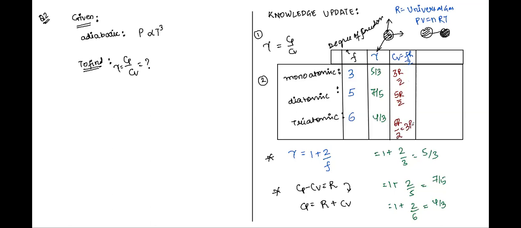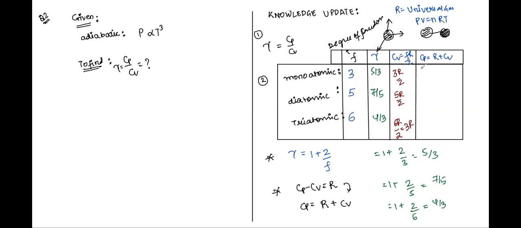Absolutely correct, Atul. Atul, can you also help me with these values? That is the Cp values for these gases? Cp is R plus Cv, so R plus 3R by 2 for monatomic. R times 1 plus 3 by 2. That is 5 by 2, right? So this will be 5R by 2. Correct?